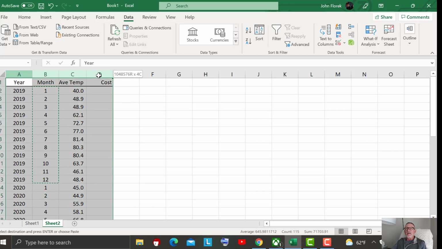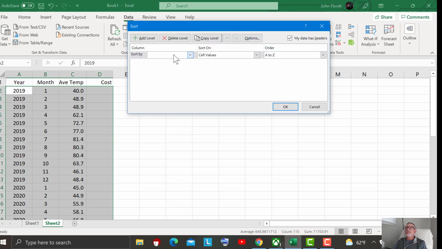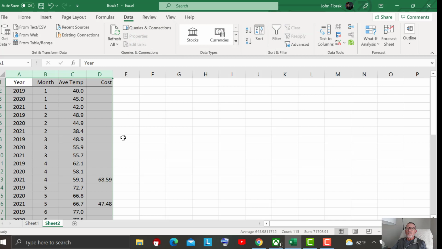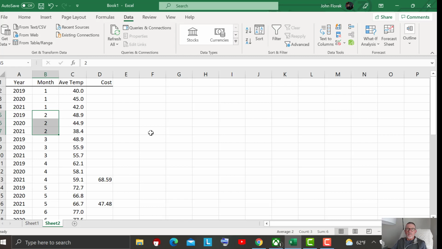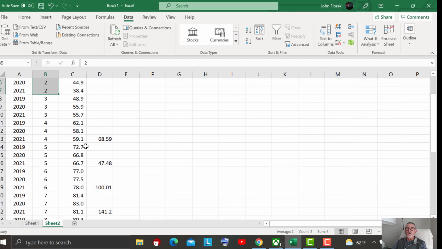So again, sort by month, add a level, sort by year. Smallest year to largest year, smallest month to largest month, based upon the value of the cell. So now you have all your Januaries together. You have all your Februaries together. And then down here where you're getting into your data, you have all your Aprils together, and you've got April data. So you can see, well,